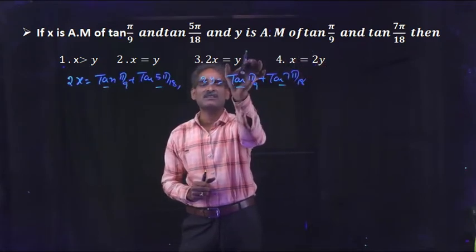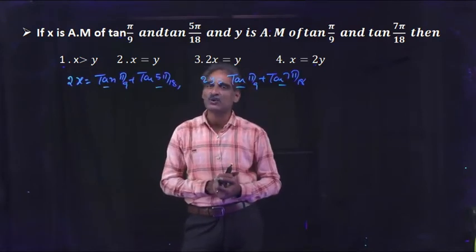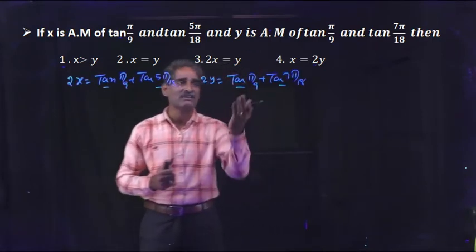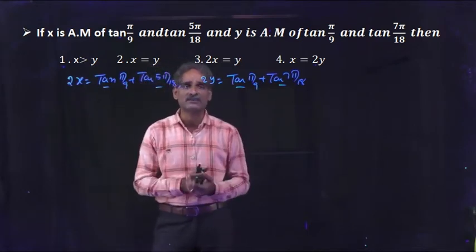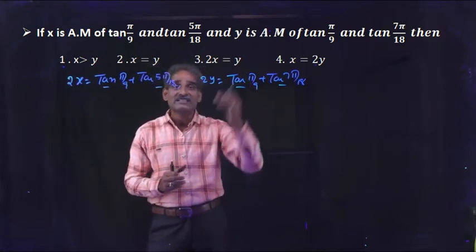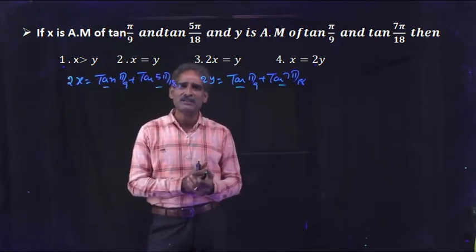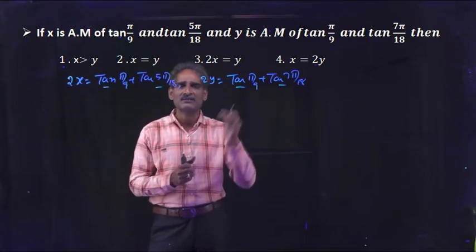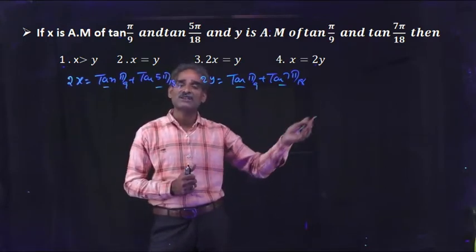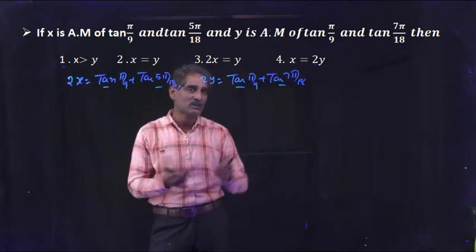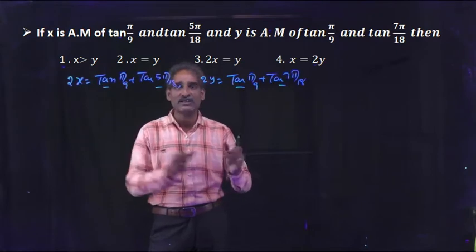This is the answer. By verification also we can say the answer is 2x is equal to y, because x is always less than y. So 2x equal to y means y is double x. So in general by observation also we can say the answer here. Sometimes it is possible that the options are different variables, suppose 2x equal to y, 3x equal to y, like that. In that case we can't decide the answer. We have to do the problem. We have to find out the x and y values.